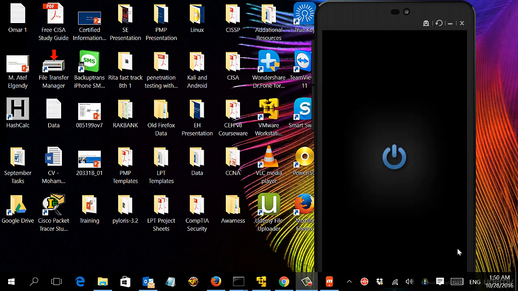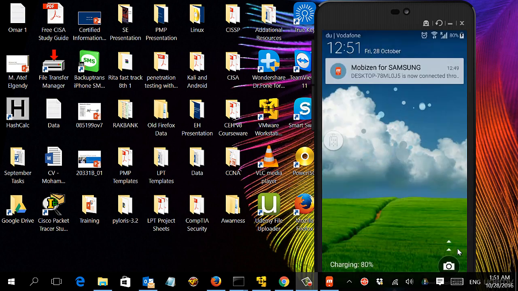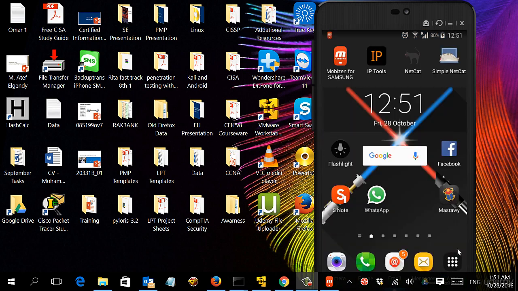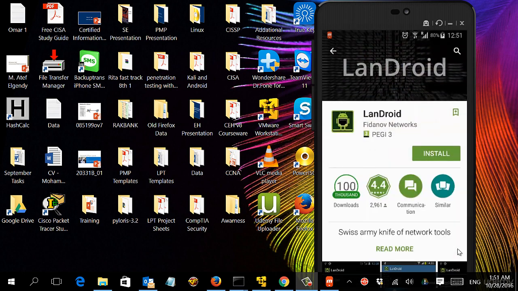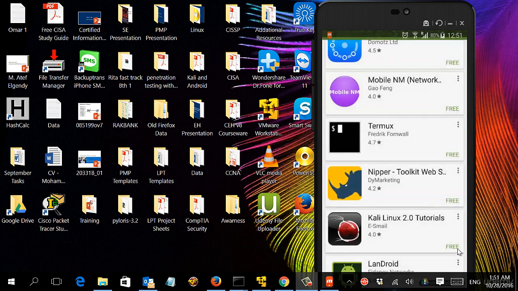Since we have been talking about Netcat, I just want to clarify that Netcat is not only a Windows or Linux tool. Actually, it can be used on Android as well, and even Apple iOS. And you can download the Netcat tool from Apple Store. So if you go to Apple Store here, and you go to